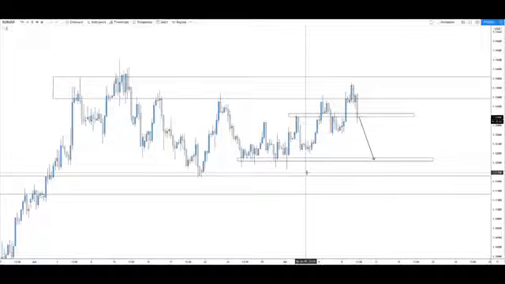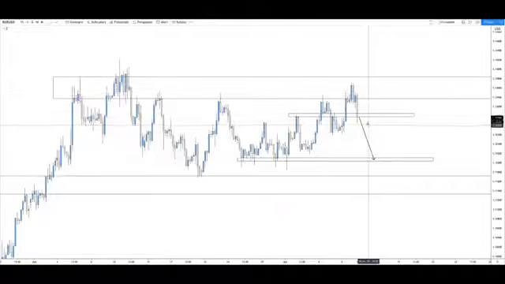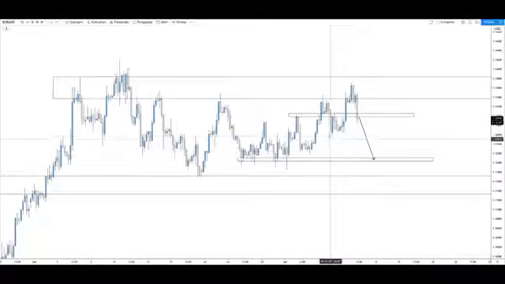Now it's very, very simple. There's nothing much more to it. You want to look for the key levels in the market, and then you want to simply wait for either a break or bounce scenario. Now if price happens to break this level, we could expect price to continue to push towards the downside. However, if price happens to maintain above this level, we could